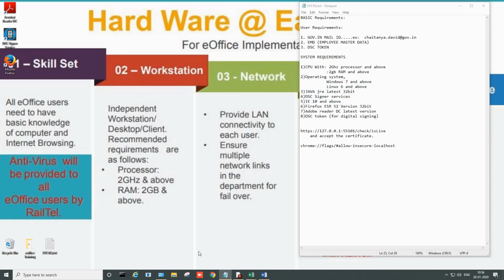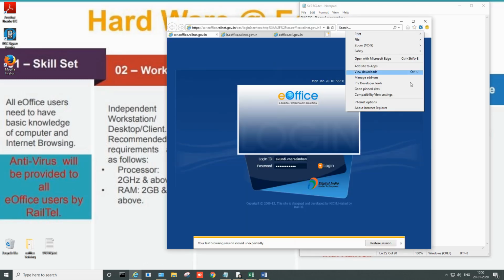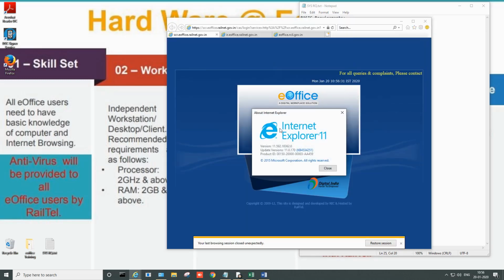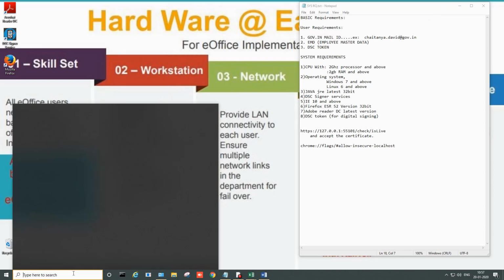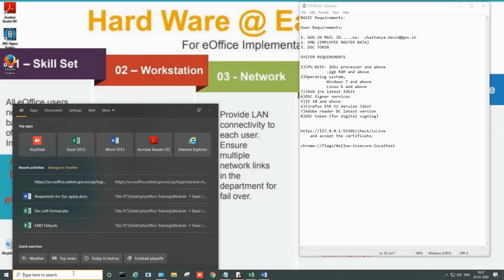Now, I'll check whether my Internet Explorer is 10 and above. About Internet Explorer. My Internet Explorer is already 11, the latest version, so I don't have to worry about whether my Internet Explorer is above 10. If it's below 10, then make sure you update it. After installation, there are certain configurations we need to make so that we can use it effectively for the eOffice